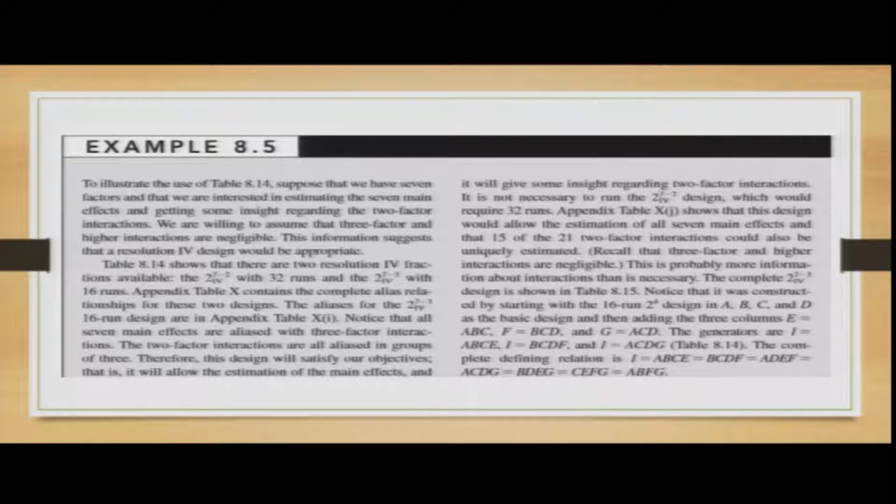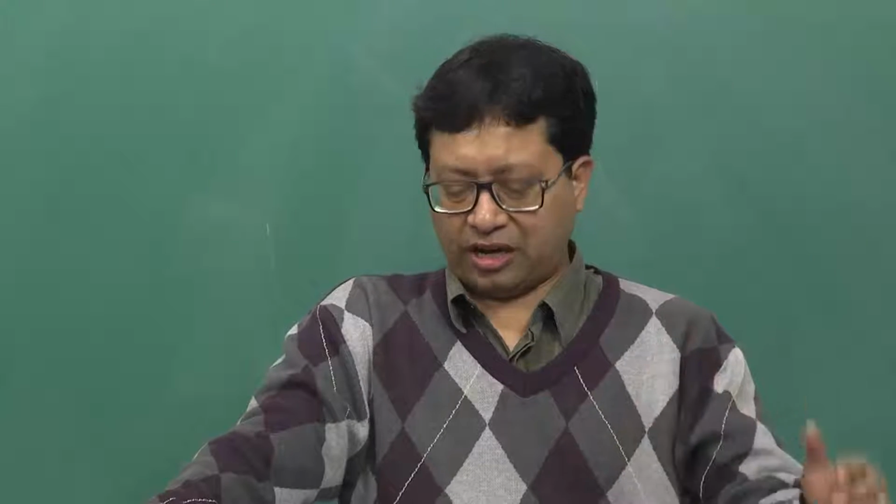We will notice that this table was constructed considering the 2 to the power 4 design, which is basically A, B, C, D. So, the combinations you will have are basically the combination of A, B, C, the combination of B, C, D, and the combination of A, C, D, which you are mentioning as E, F, G. So, the generators would be A, B, C, E, then another generator B, C, D, F, and another generator A, C, D, G, which you will see in the table.